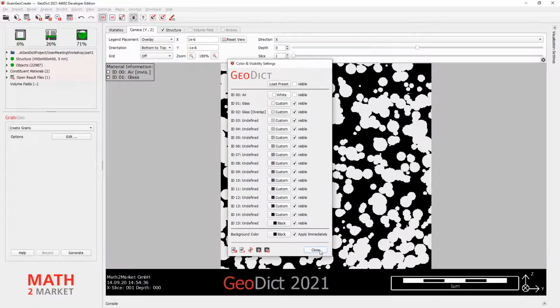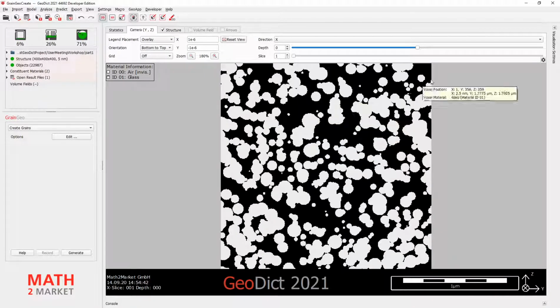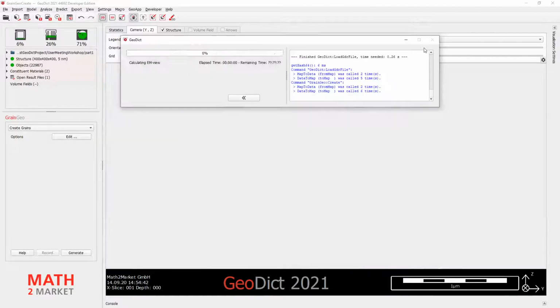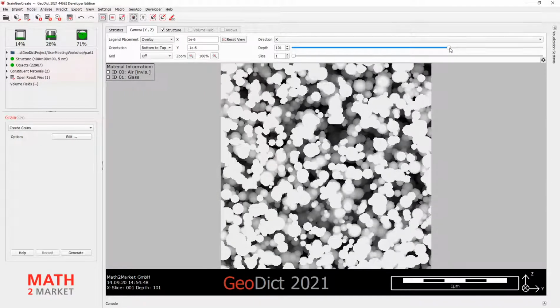Right, so now our structure is here in white or gray, background is black. If you now take the depth slider and 100, then you have some kind of depth darkening here. Yeah, it looks a little bit more like an SEM image that you have seen in the last slide.